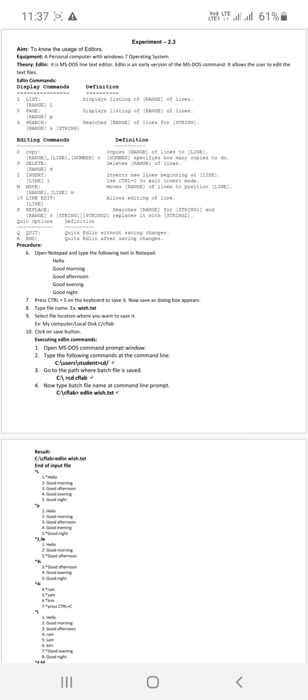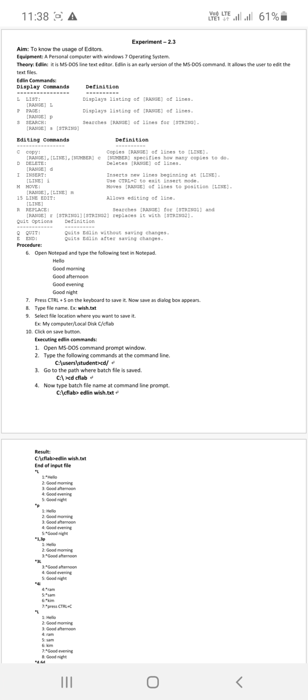Next, the editing commands. Just now we learned the display commands. There are three display commands. First one is L, which means list. Next one is P, which means page. Next one is S, for search. Next are the editing commands.